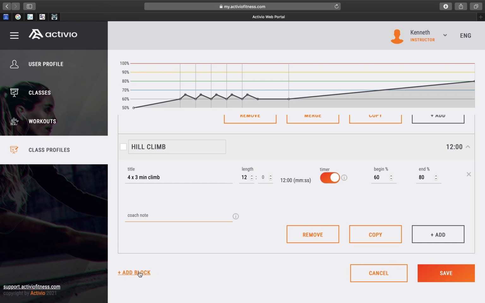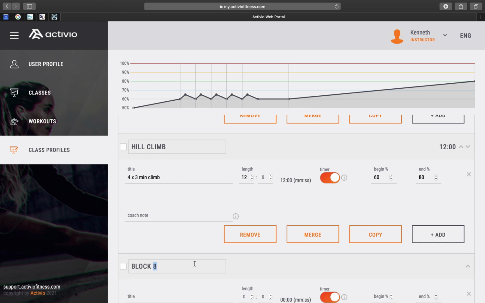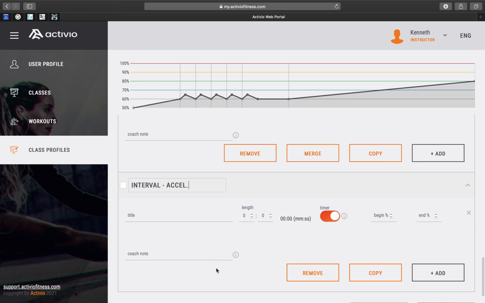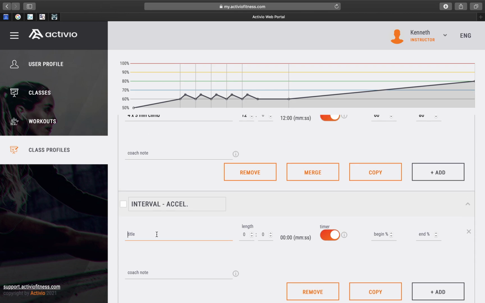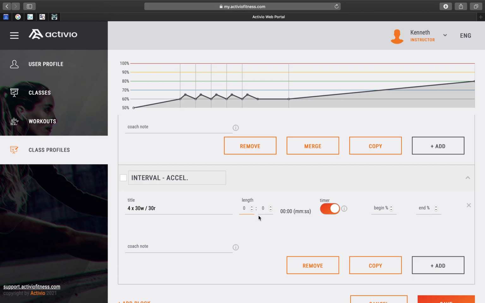Next block, I'm gonna add in, I'm gonna say this is intervals, and it's acceleration, accel. I'm gonna do 4 times 30 work and 30 rest. This time around, I'm gonna make it very specific just to show you another example. So again,